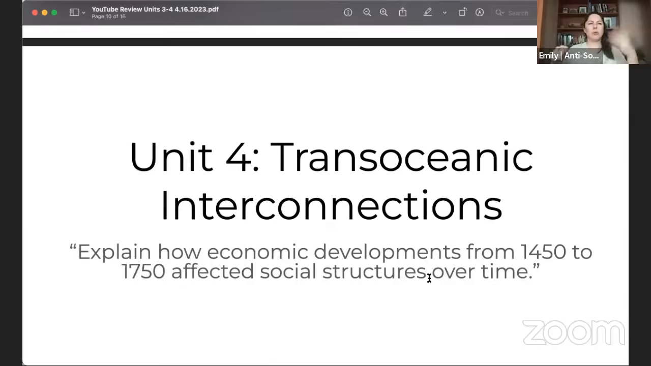Is it people who own a bunch of land back home in England, or is it a guy who has a bunch of money from exploring the New World? Who's more powerful? We're not sure. And same thing, who's more powerful? Is it a European explorer or is it an African king? Right? So this era is a lot about different social hierarchies clashing, coming into contact with each other,